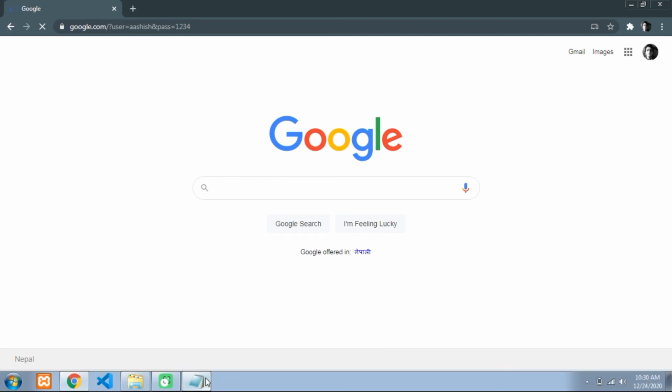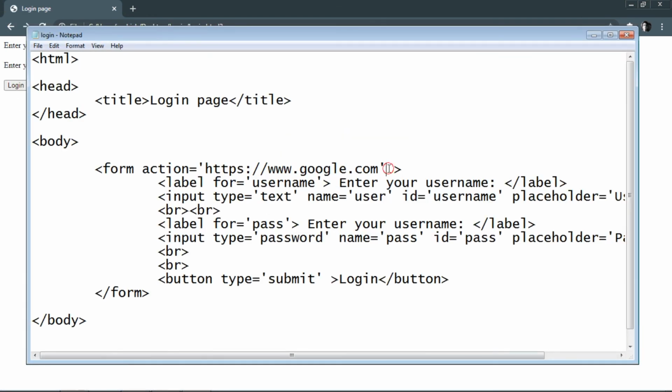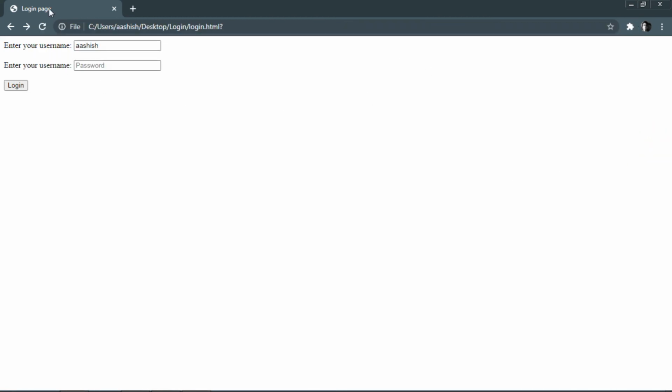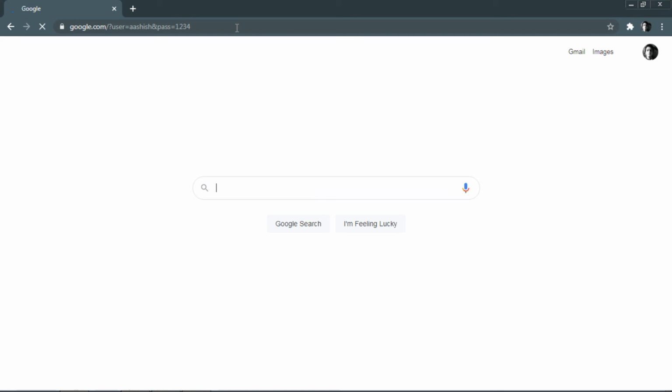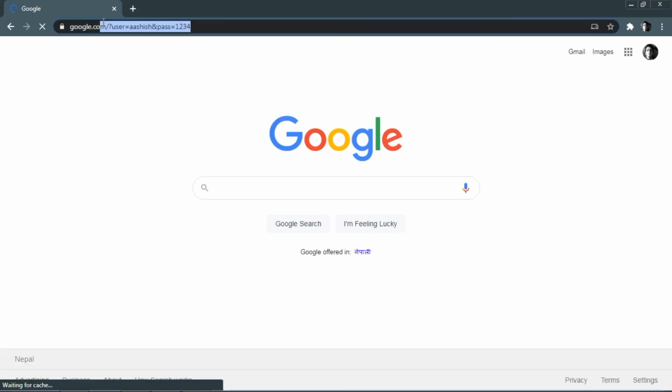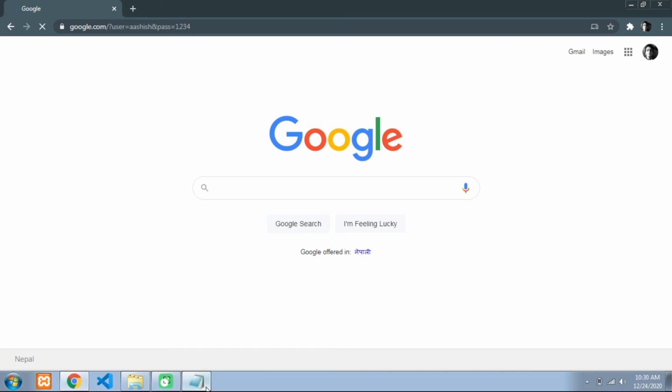So by default there is also the method equals get. So when the method is set to get by default, whenever I submit any form, the data is shown above here in the URL: user is Ashish and password is 1234. So if I don't want to show that information in the above URL